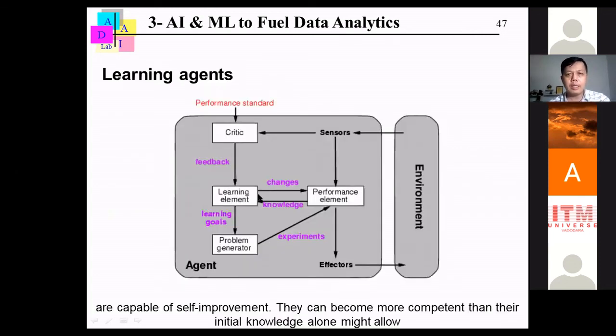With the learning agent, we know that the learning agent is a high level model for a user agent. Learning agent means that